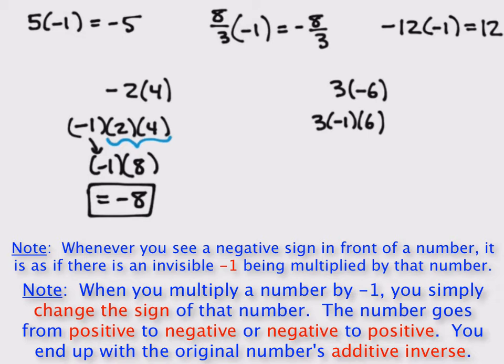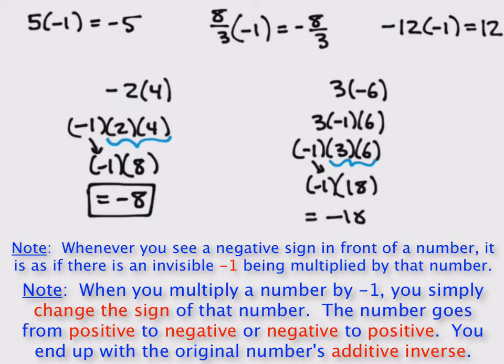In our second example, I'd actually prefer to multiply the 3 and the 6 first to get 18. So I'd actually rearrange the problem first. You don't actually have to write it out again, but I like to just to be very explicit. And now we can multiply the 3 and the 6, we get 18, and -1 times 18 is -18. Now that's the way I prefer to think about it when we're multiplying one positive number and one negative number,